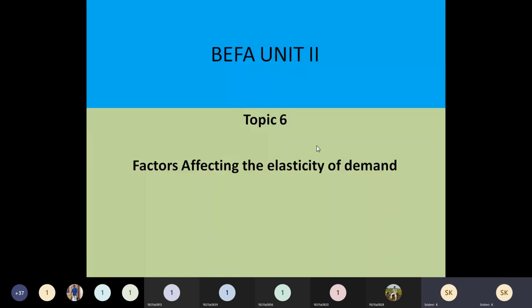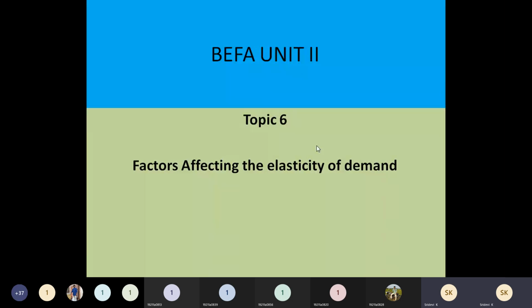Or sometimes it may be necessary also. If a highly rich person is there, it is compulsory for him to have a car, right? So that depends on the category of the income of people. So that means the nature of a commodity or a product will be affecting the elasticity of demand. So elasticity of demand may change, and sales will take place based on the necessity or comfort